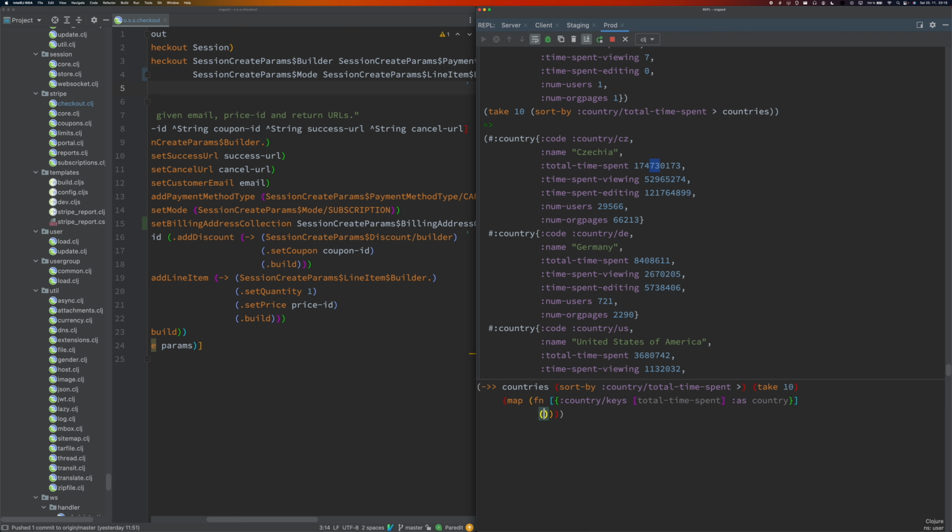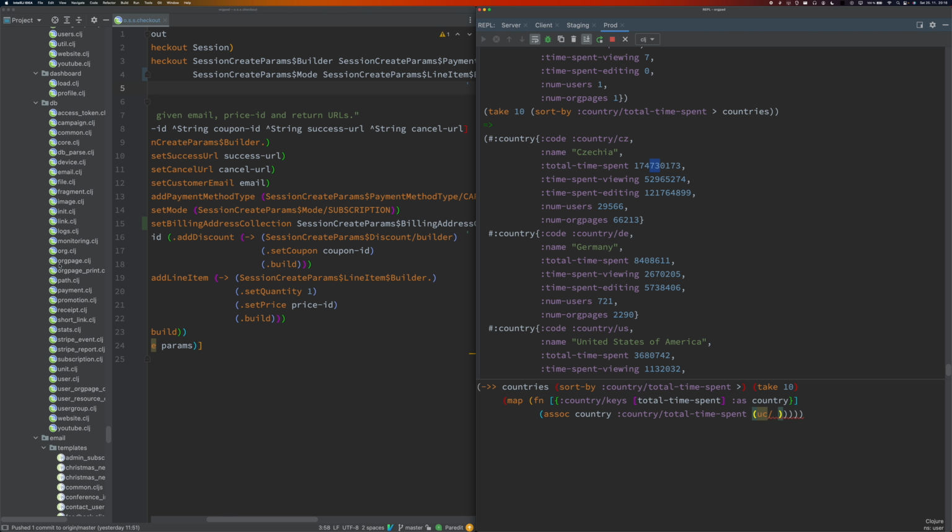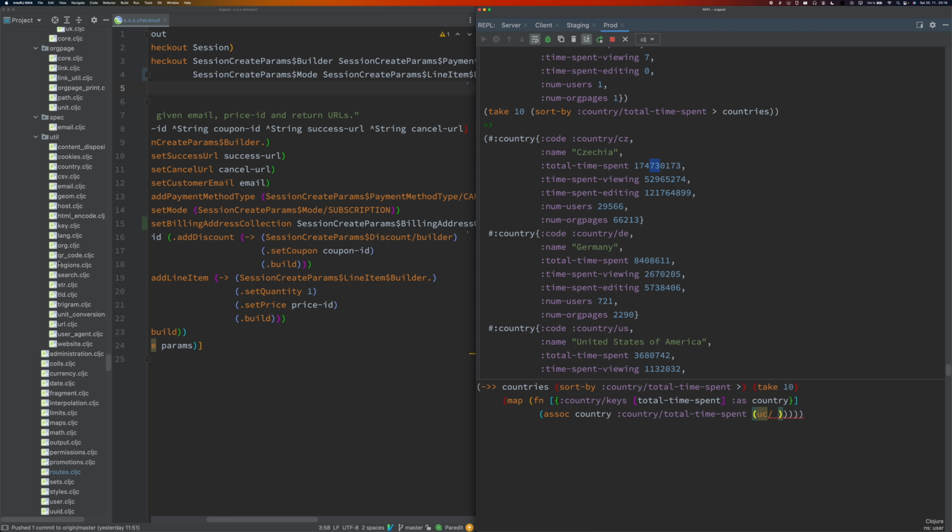So let's do assoc country total time spent, and we have this function uc slash, how is it, seconds to string, I think. It's called unit conversion. Let me quickly search for this.